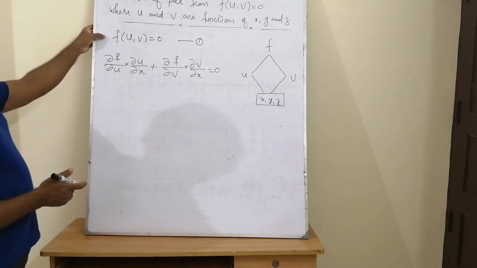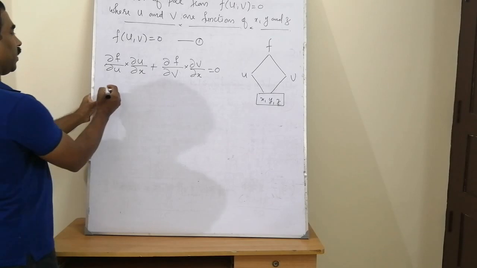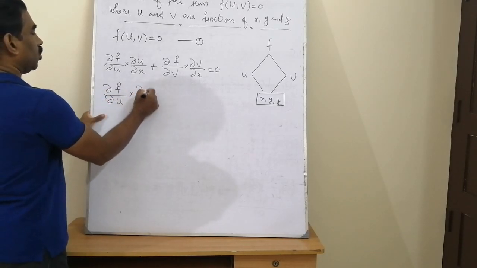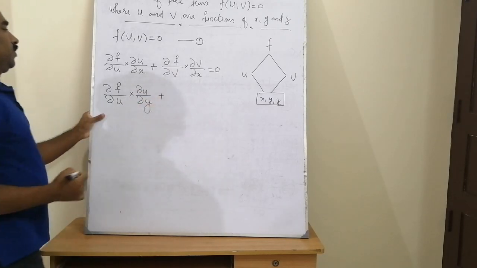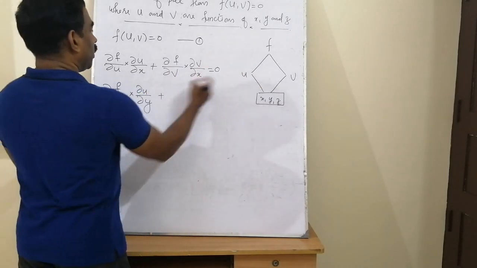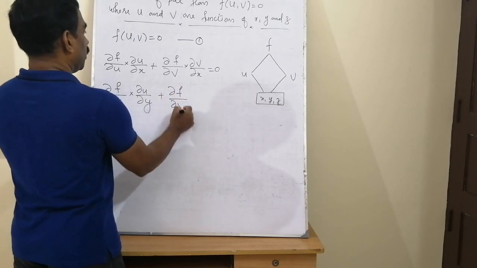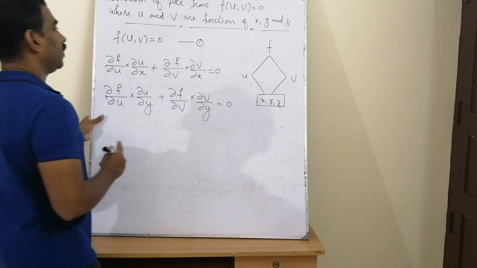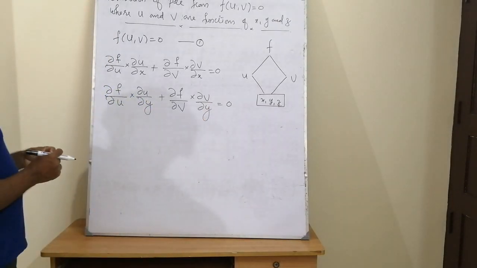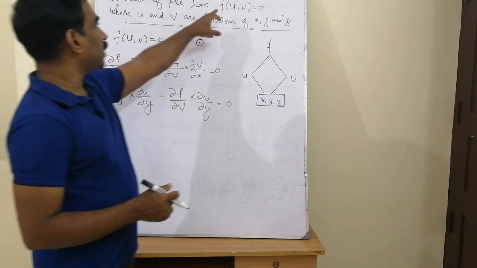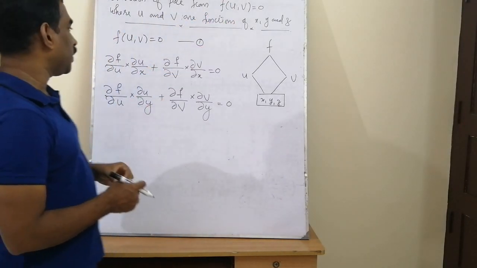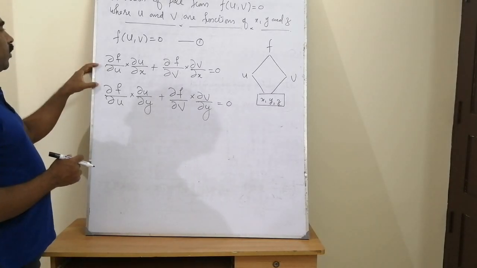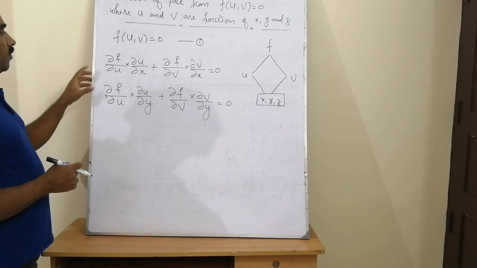And similarly, we can form another partial derivative. That means we are differentiating equation number 1 partially with respect to y. What will be the derivative? Dou f by dou u into dou u by dou y plus the second part, that is dou f by dou v into dou v by dou y equal to 0. So we have two relationships. We are stopping here because in our relationship we have only one arbitrary function, so we can expect a first order partial differential equation. Now from these two equations we can easily eliminate the arbitrary function f. What's the method?